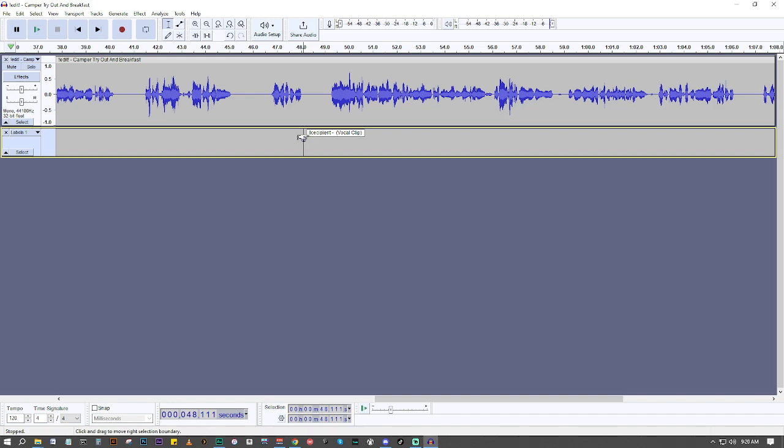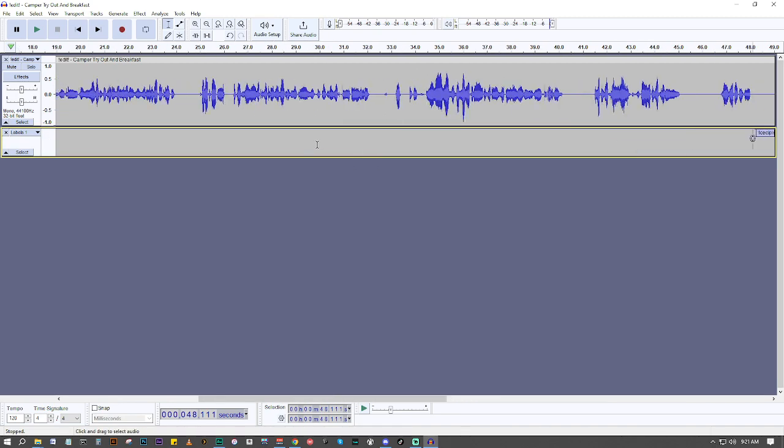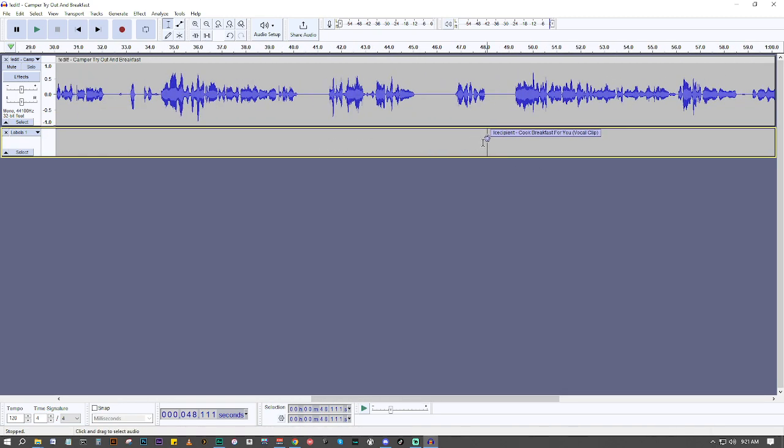And basically I'm going to Control A, Control C, Control V. You don't really need to do that, but now this is copied, so I can paste it on the next track that I use. All I have to do is put my cursor in the middle here and type out a name. So I'm just going to call this Cook Breakfast for You. Okay, so we got that, and right now it's just a single bookmark, nothing super special,